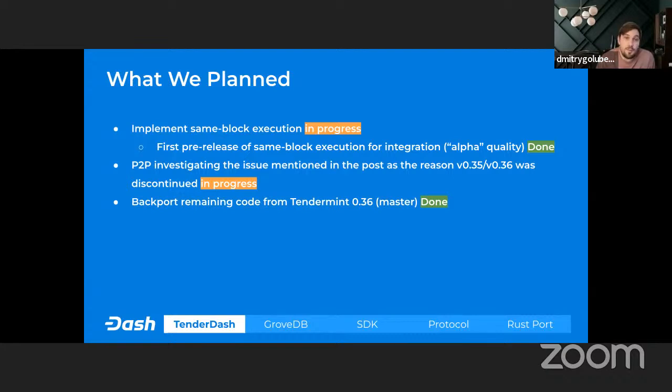Since we already backported both versions with fast critical modifications, we decided to stay on that. And currently we started working on investigating and solving that issue by ourselves.